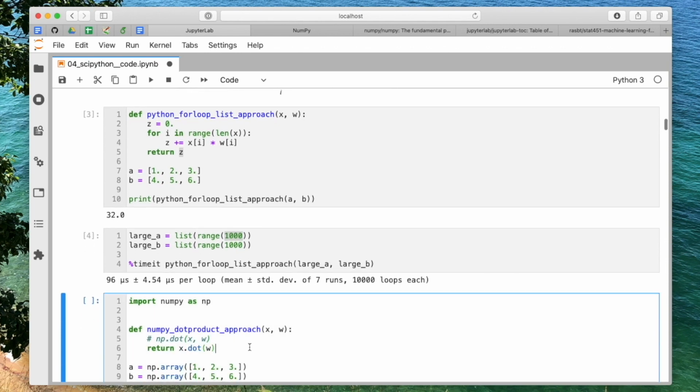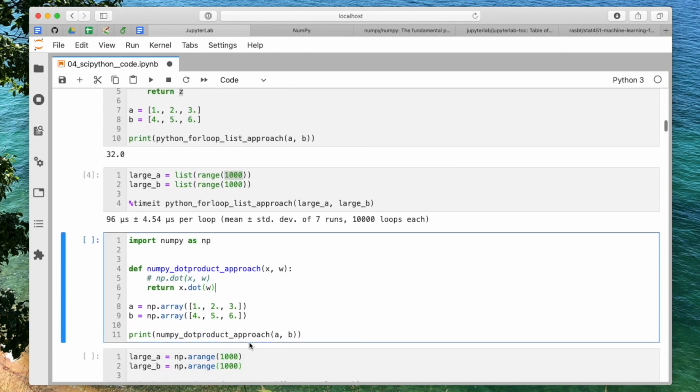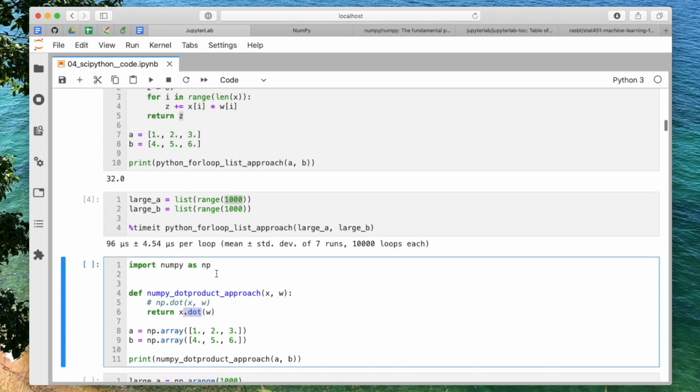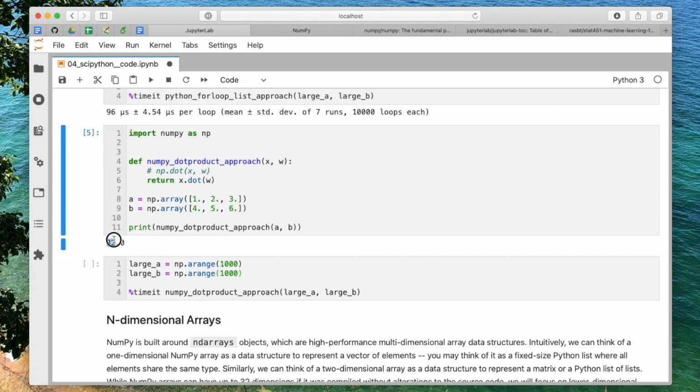Now I have the same thing in NumPy. So here it's the dot product in NumPy. I can write it like this. Here it's a NumPy function, but you can also call a method directly on an array. It doesn't matter, it's the same. And this should give us the same computation. Again, a dot product, like a linear algebra vector dot product, is 1 times 4 plus 2 times 5 plus 3 times 6. So it should also be 32. Just to double check, it generates the same results.